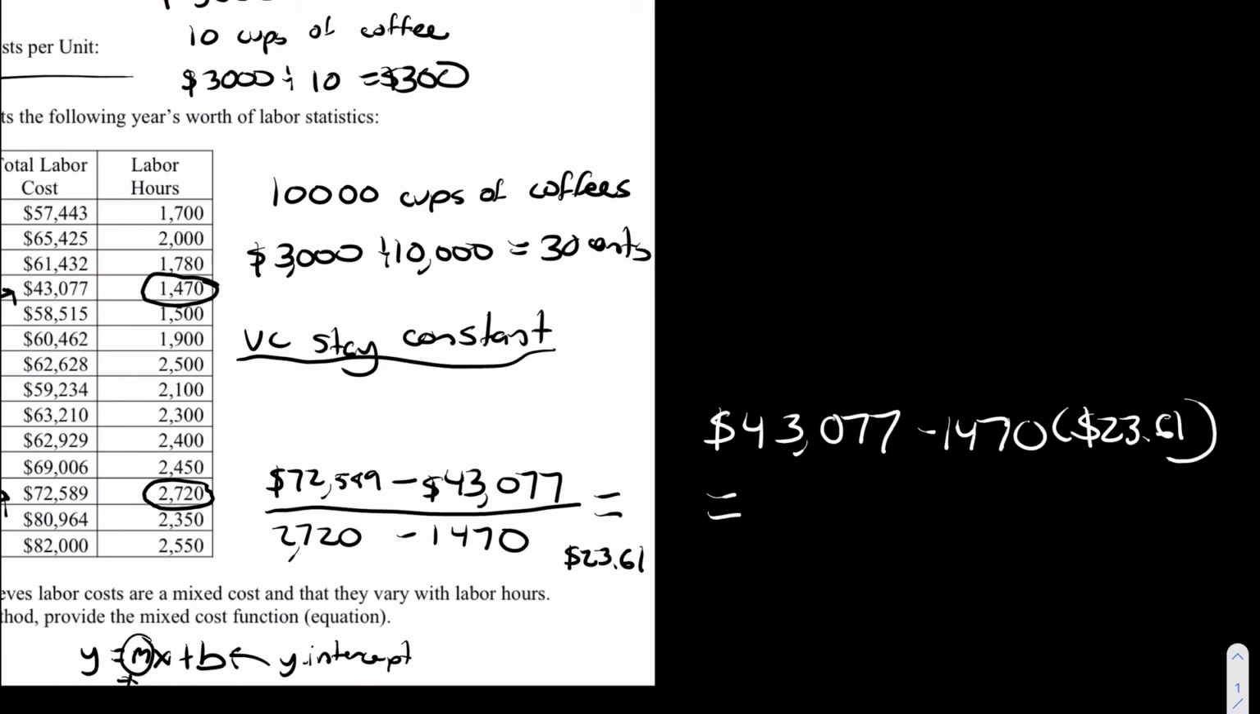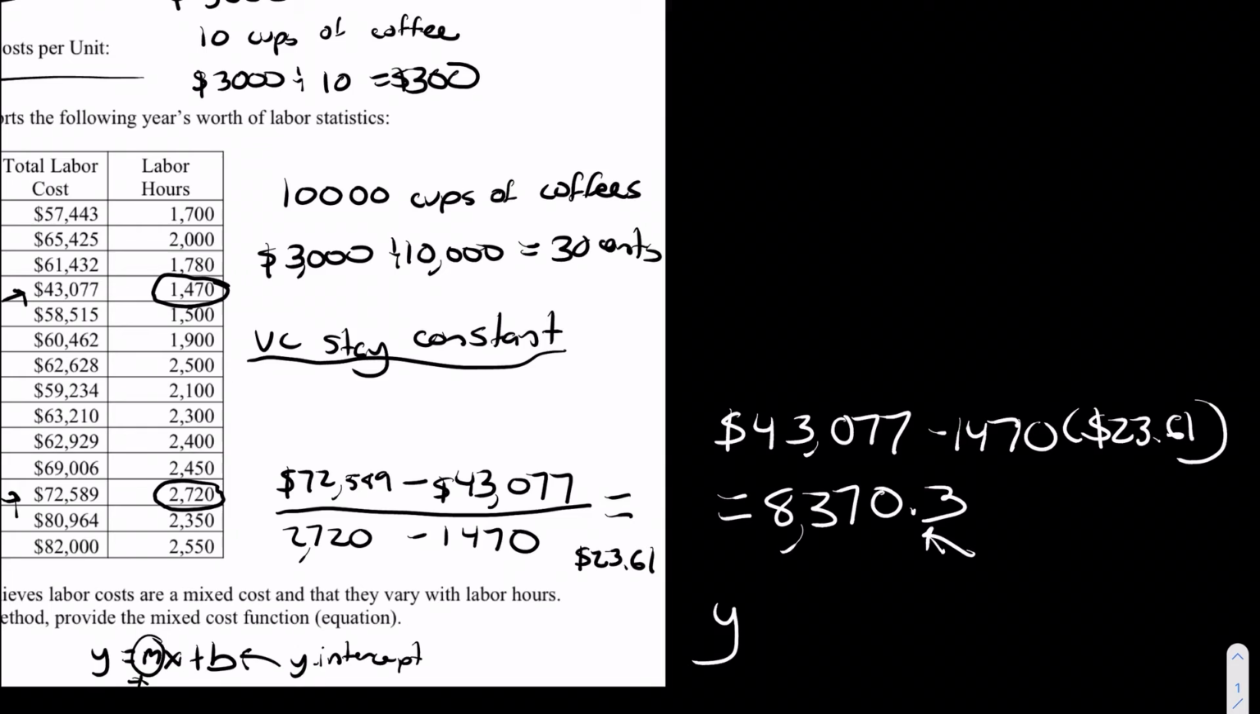So we do that, and we're going to get 8370.3, right? So this is the fixed cost. Before we incur any labor hours, this is how much it costs to buy the materials, rent the factory, etc. Right? So if we write out our entire equation now, we're going to get y equals 23, oh, I messed up there, 23.61x plus